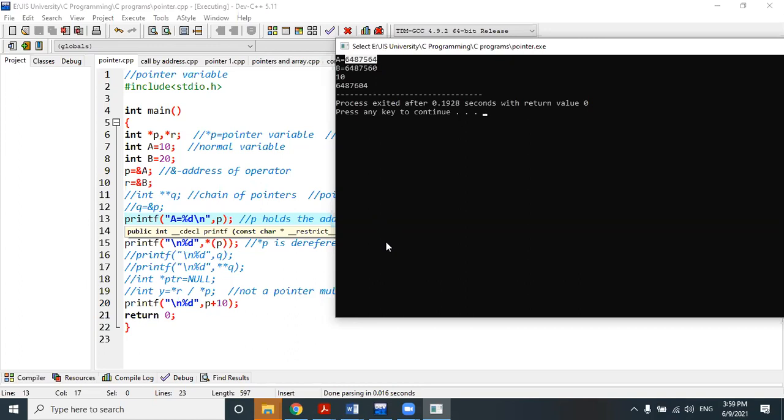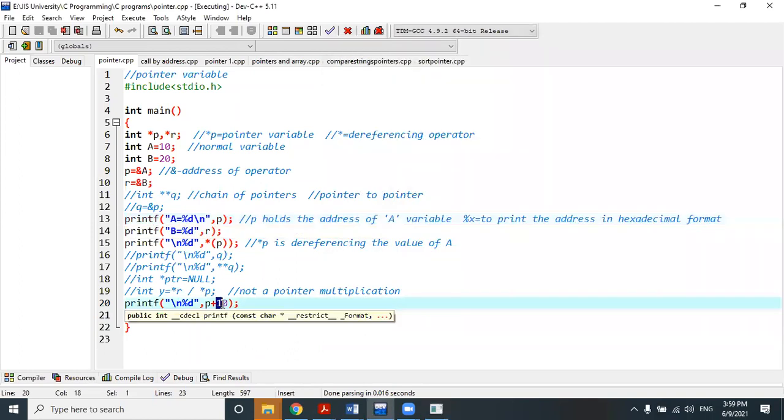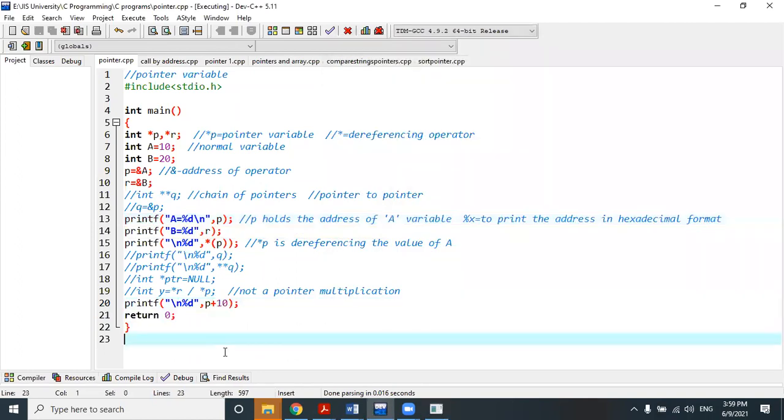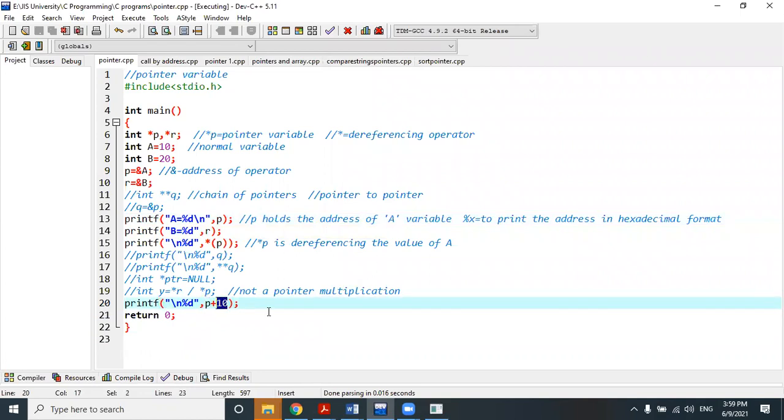Let me see if you understand, this is a very interesting thing to understand. Should the address be incremented by the 10th position? No. The address is not incremented by 10 positions. The address will be incremented by the size of 10 integers, because this actually represents an address. So plus 10 means this is also working like an address.